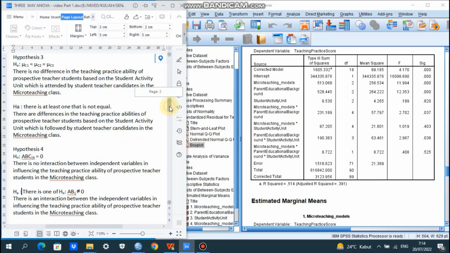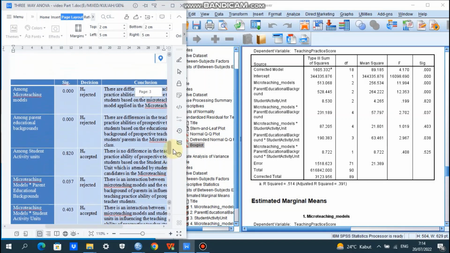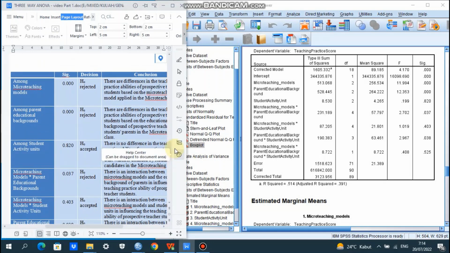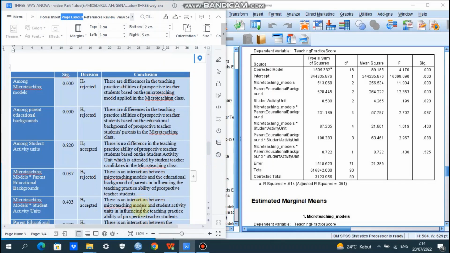So I have already made the summary here based on the result of the SPSS analysis.